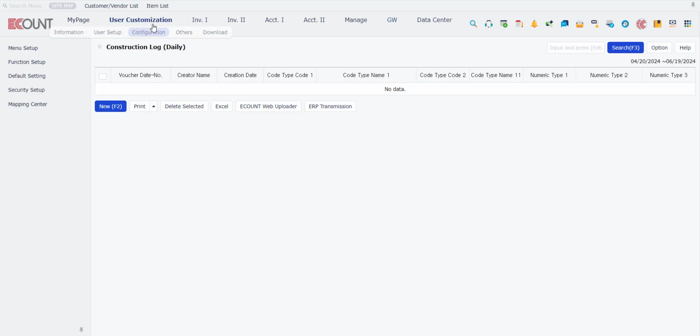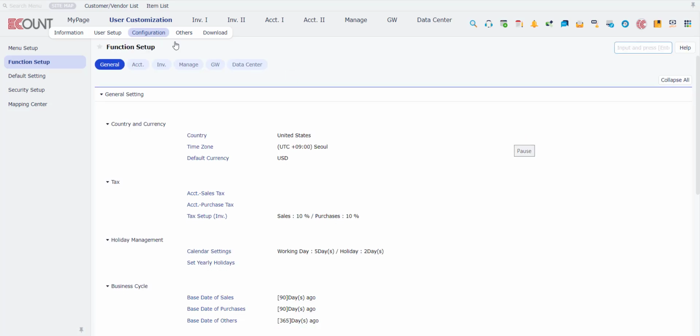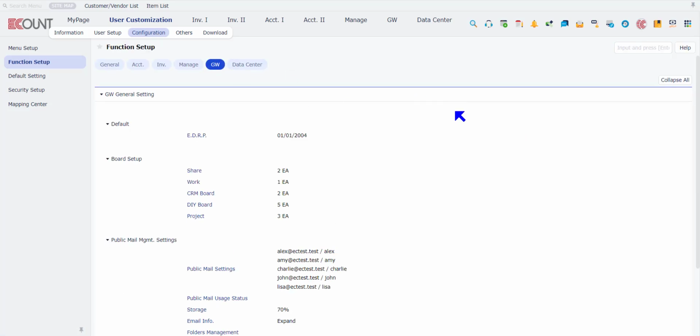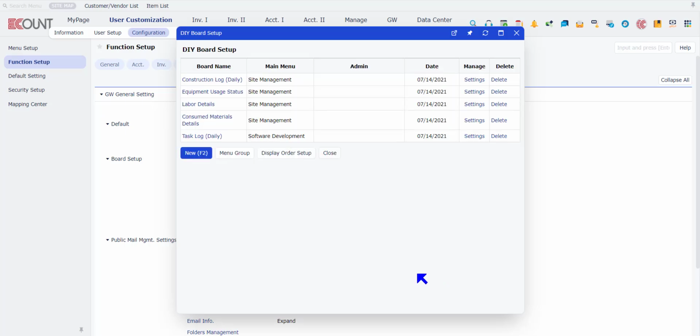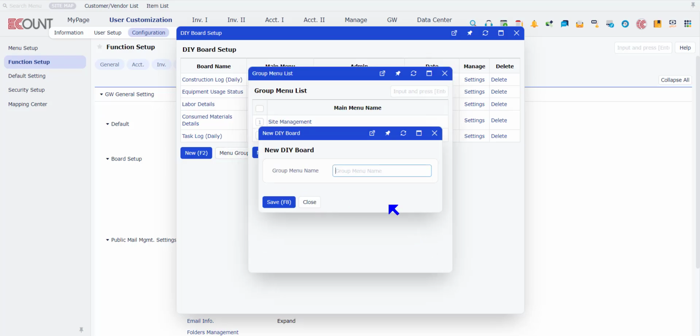So head on over to User Customization, Configuration, Groupware. Under Groupware Board Setup, click on DIY Board. Here you can make a menu group, which is a form of categorization. For instance, when we press New and name this as DIY Board and save,